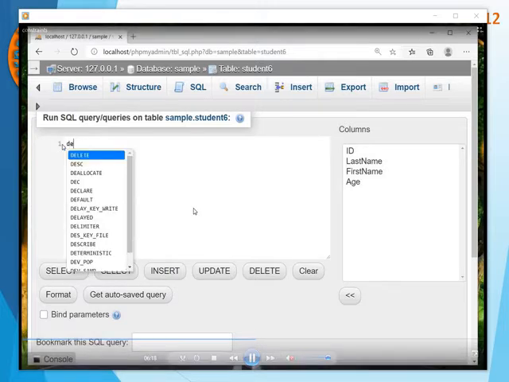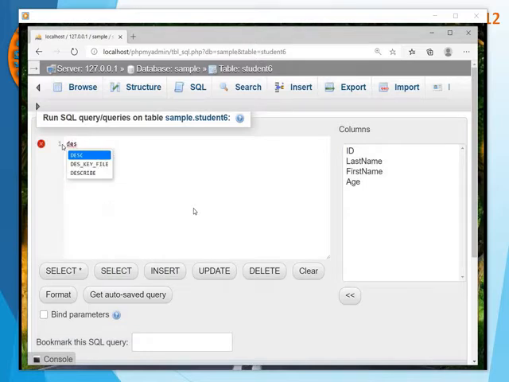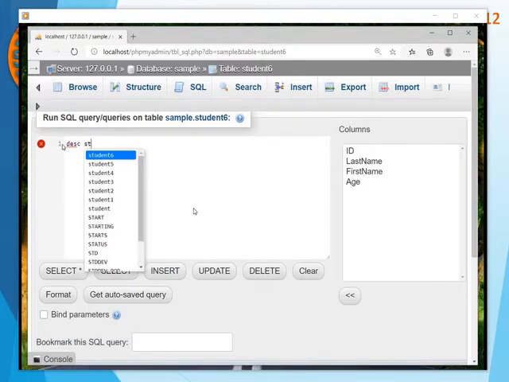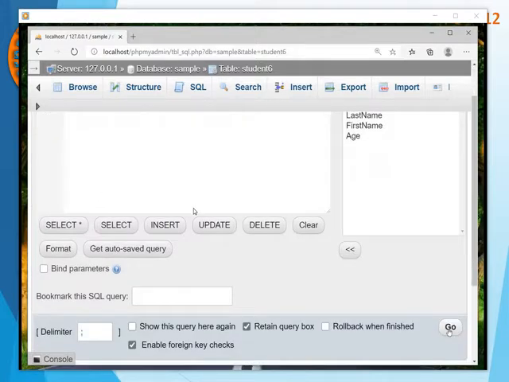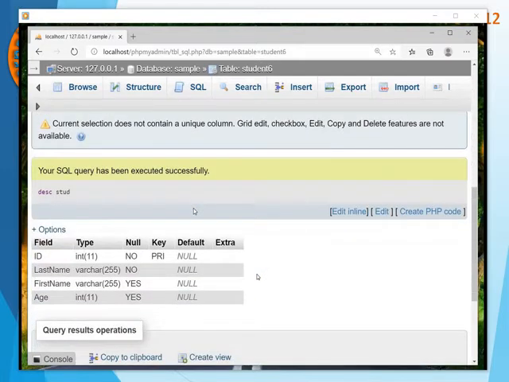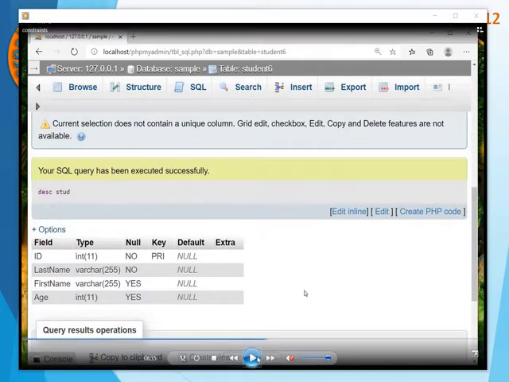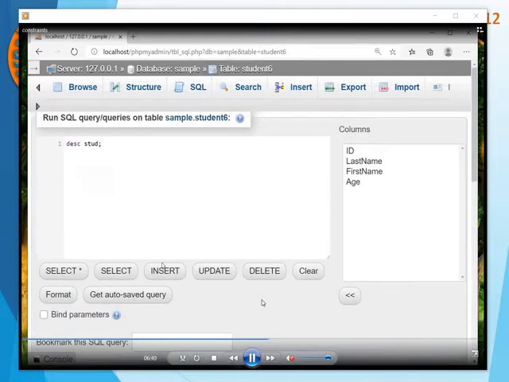A primary key can be used when the field is not null, it's mandatory. The description will show that ID is an integer, null values allowed is no, and the key is primary key. So we have created a table with the not null constraint as well as primary key.